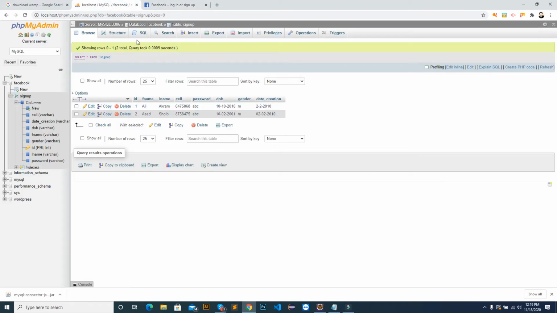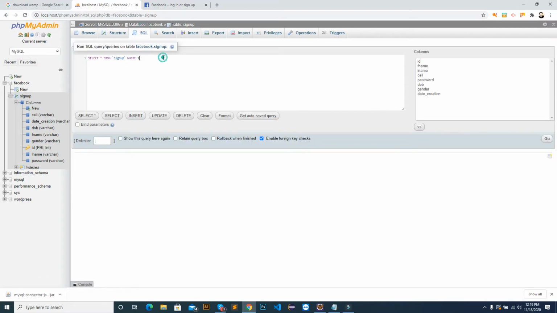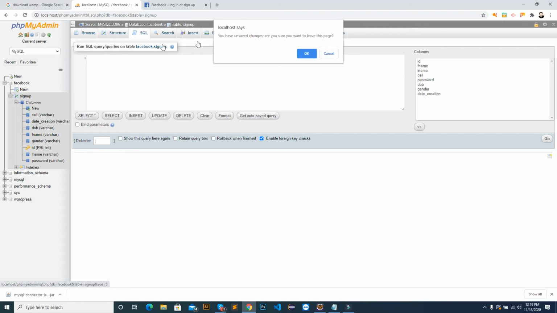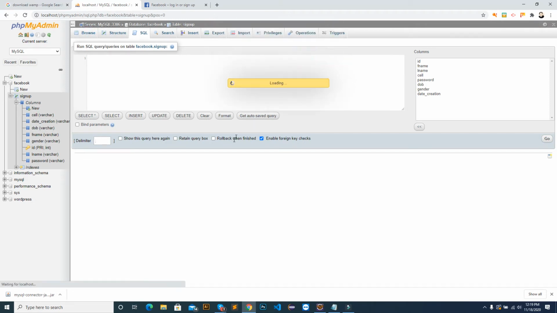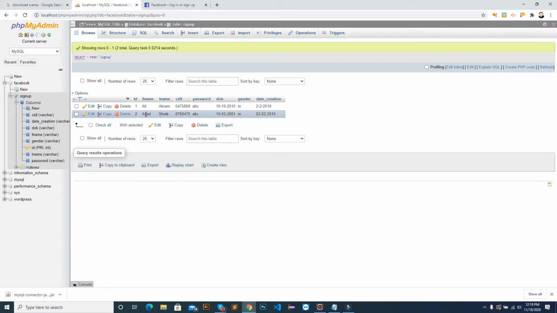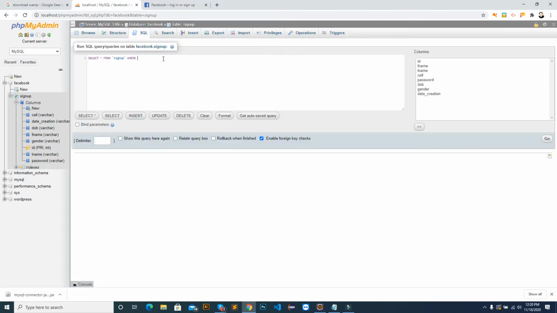Okay, now we want to see the structured query language insert, and we want to see update. Okay, how to update a record? For example, if I want to go here and see this Asad. For example, if I want to change this password, okay, change this password ABC2123. How can I do that? I will go here and write update query. Before this, we have written this insert query. Now update the record.